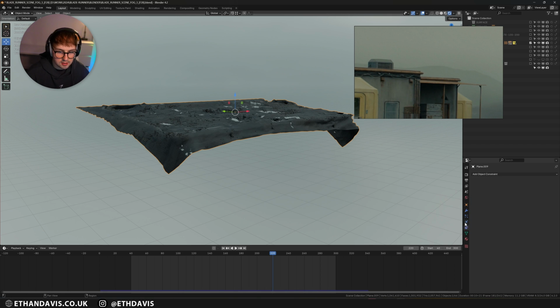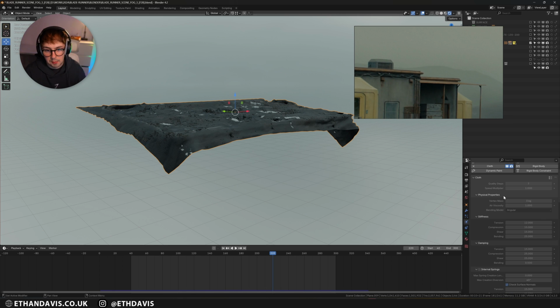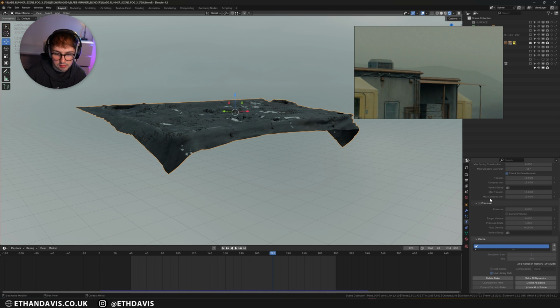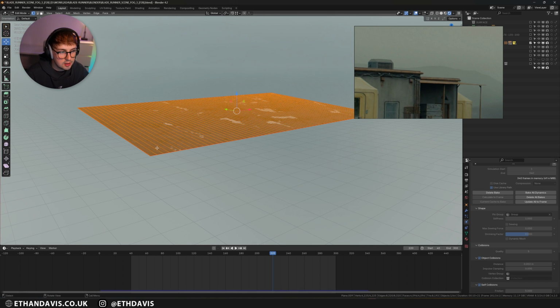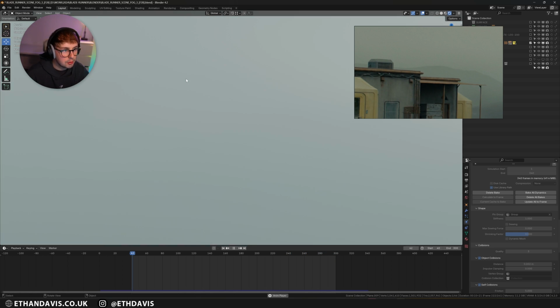I can have a look at the settings that I actually used, because I can't remember. Here are the settings if you want to do something similar. I'll just scroll down. And here you can see my pin group. So that is what is keeping this simulation upright. And then from camera, it really works.